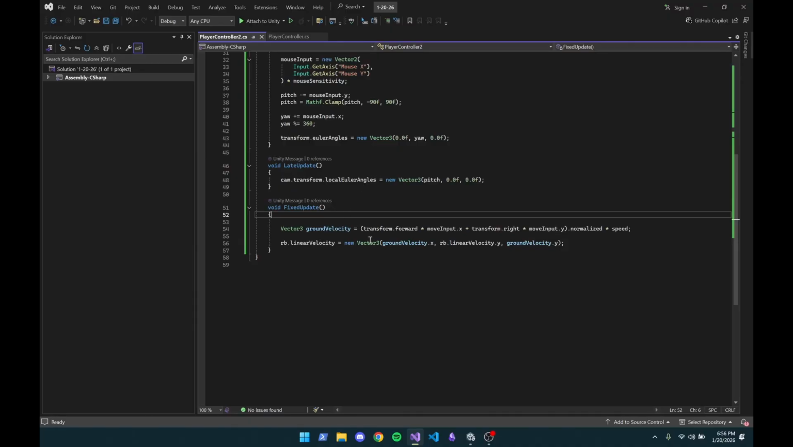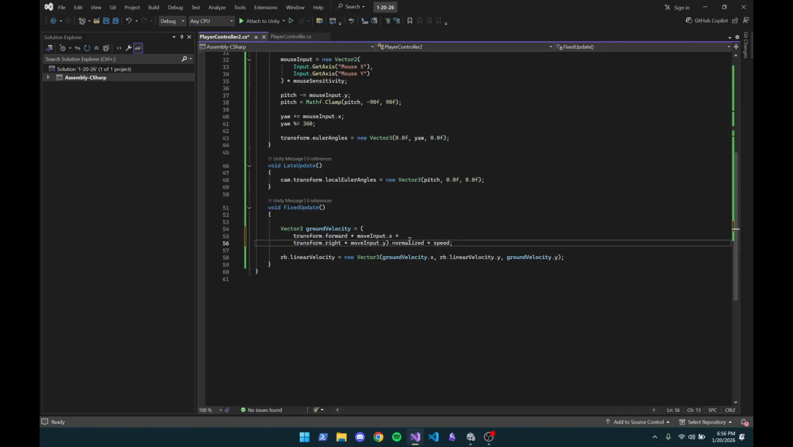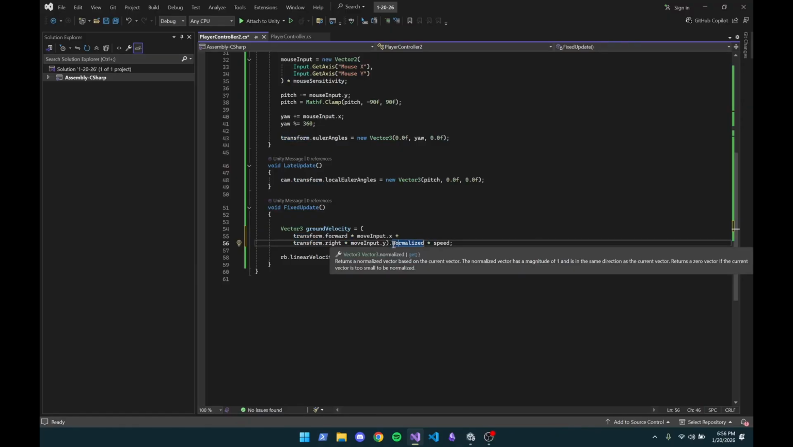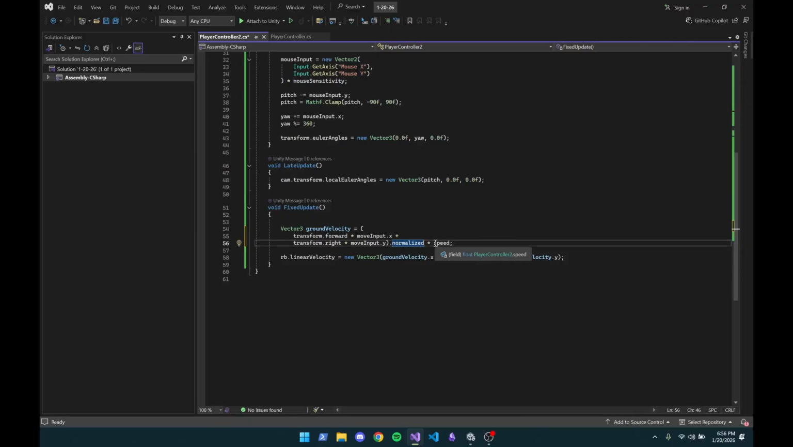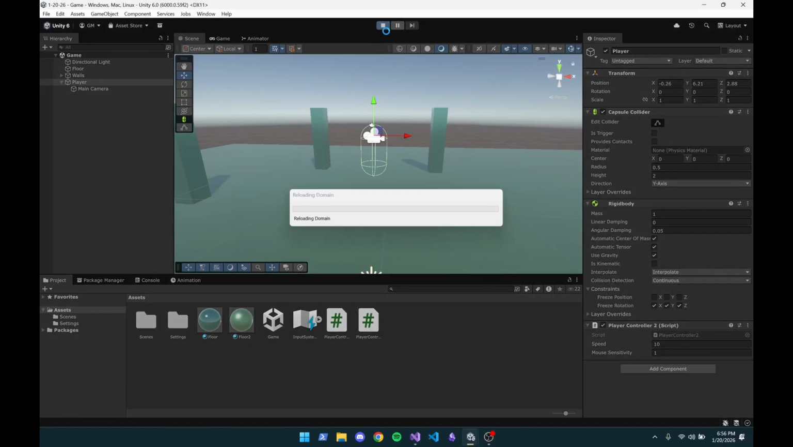This is a very long line, so let me break it down again in a way that's hopefully easy to see. We have our x component, which is multiplied by transform.forward. We have our y component, which is multiplied by transform.right. Then we normalize all of that to keep it at unit length, and then we scale that back to speed. Okay? So now, when I go back, what we should hopefully see is that when we look around,